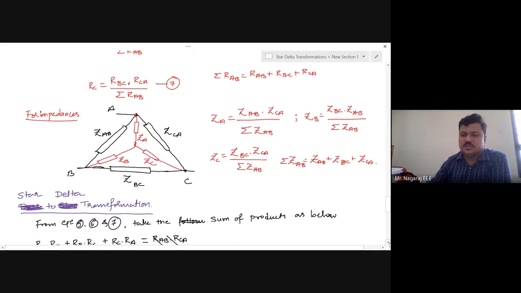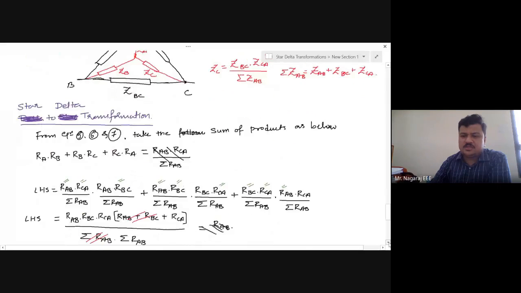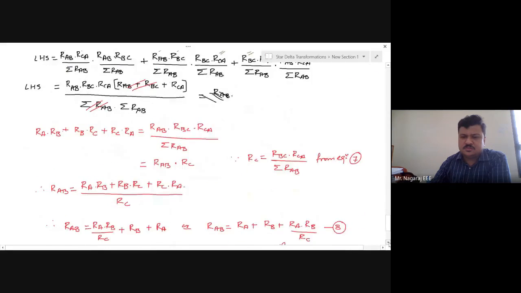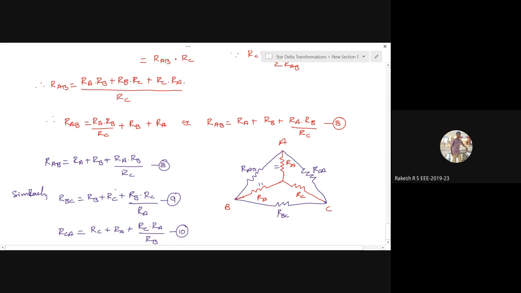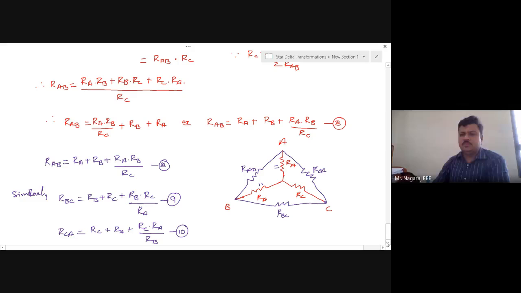Okay. So see, simple. On the RHS these terms are in delta form. They are in star form. I want them in delta form. So any doubts? No, sir. Yeah. So one simple principle we have to follow here is that the equivalent values should remain the same. That is the principle with which I will be transforming anything.